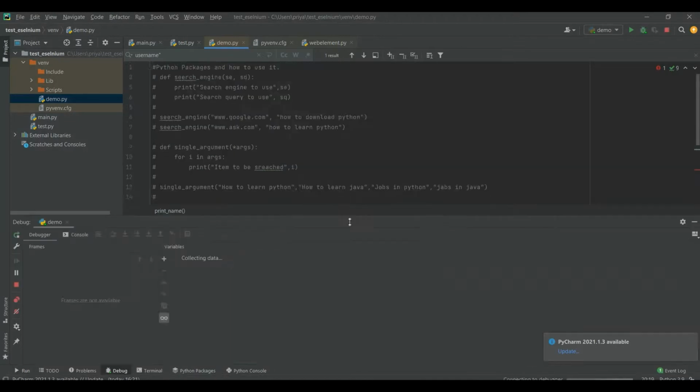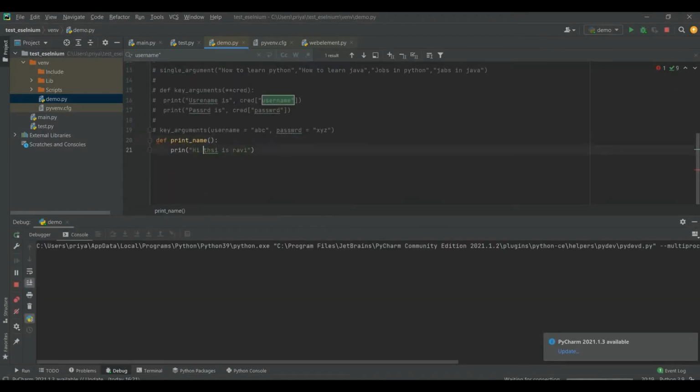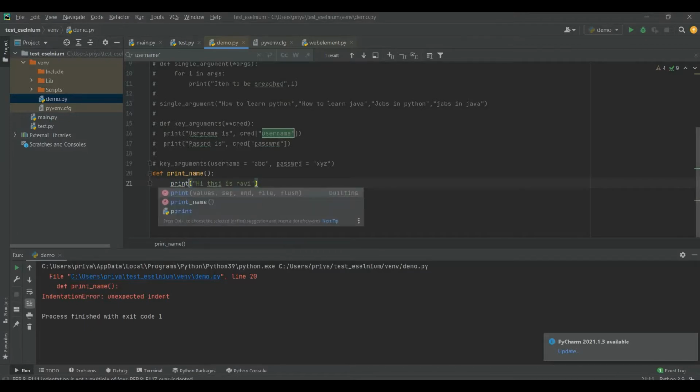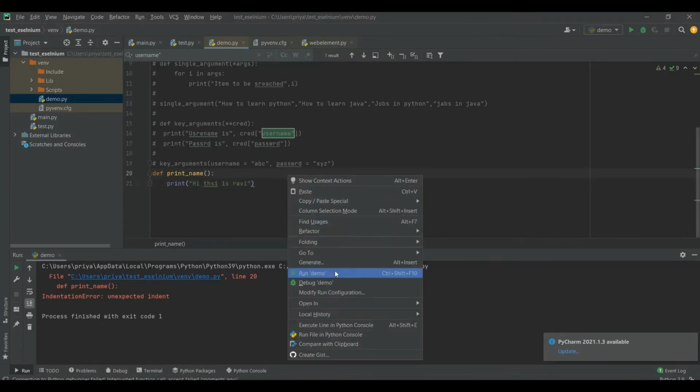Okay, sorry. You can see expected indent. Sorry for the typo. Add one spacing, save, and then run it.